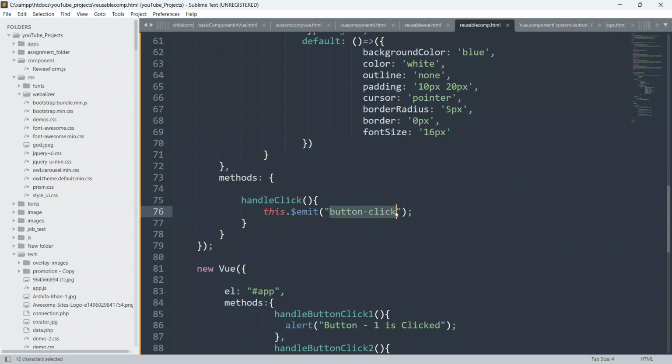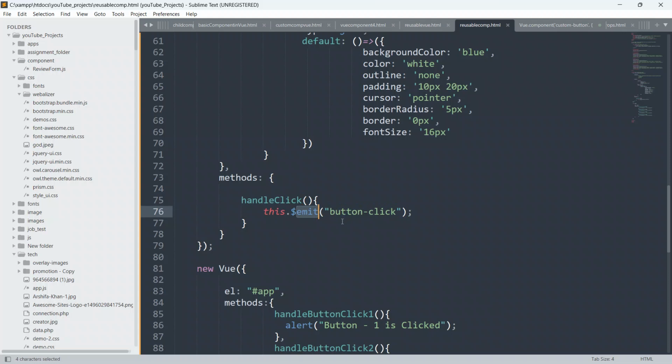So guys, $emit is a special function in Vue.js, which is used by the child component to establish communication with the parent component, to send data to the parent component along with the event. Suppose click is an event, mouse hover is an event, mouse out is an event, double click is an event.